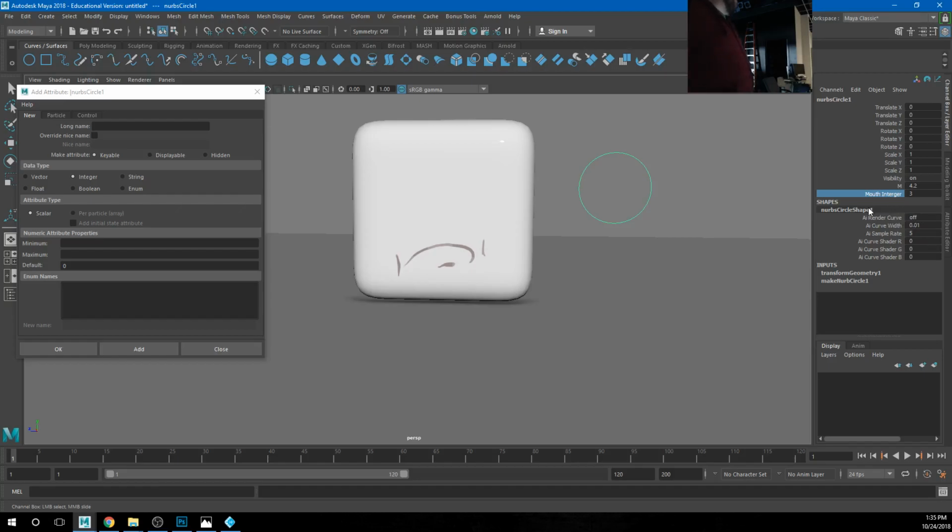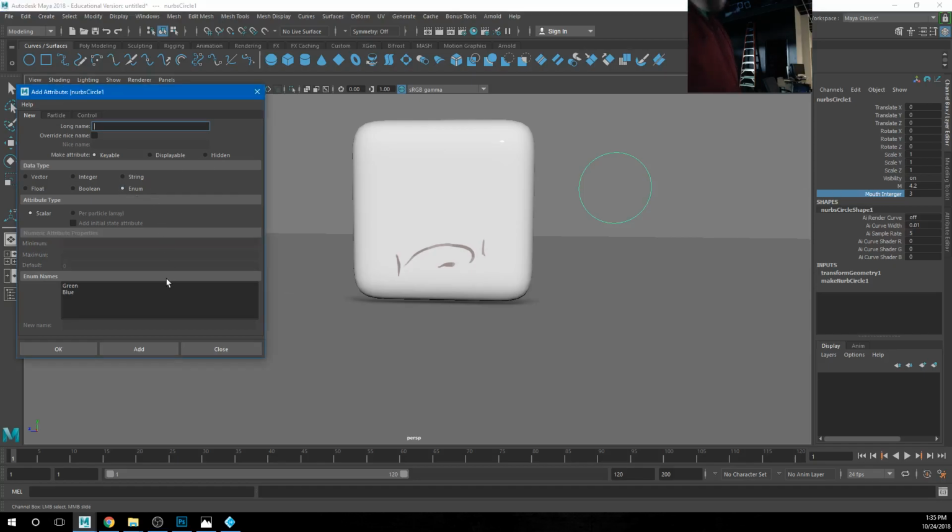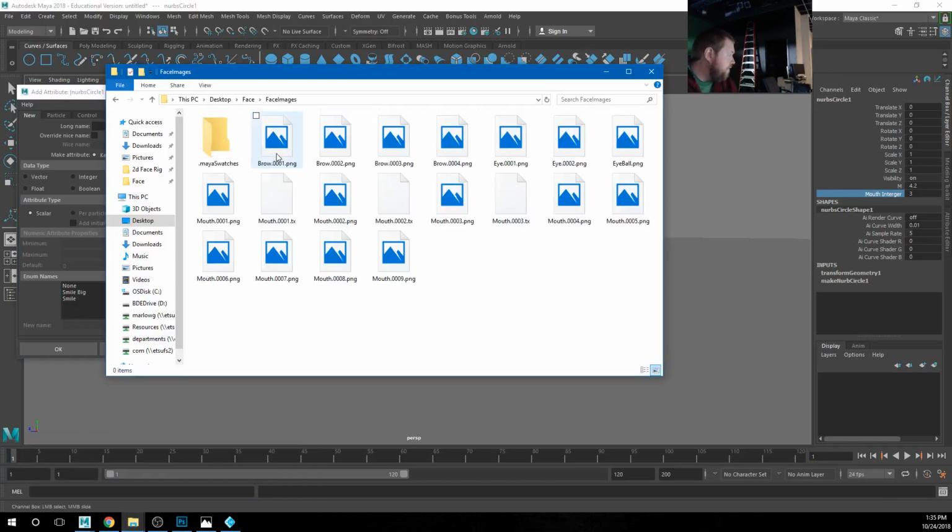So the third option that we have in here is called enum, right here. This means I can make a drop-down box that has a whole word in it. And that word will be tied to an integer, okay? So if my first one is none, none equals 0, okay? And my second one is smile big, is 1. And smile, that's 2, right? So we can keep doing this and line them up with the face shapes I have,